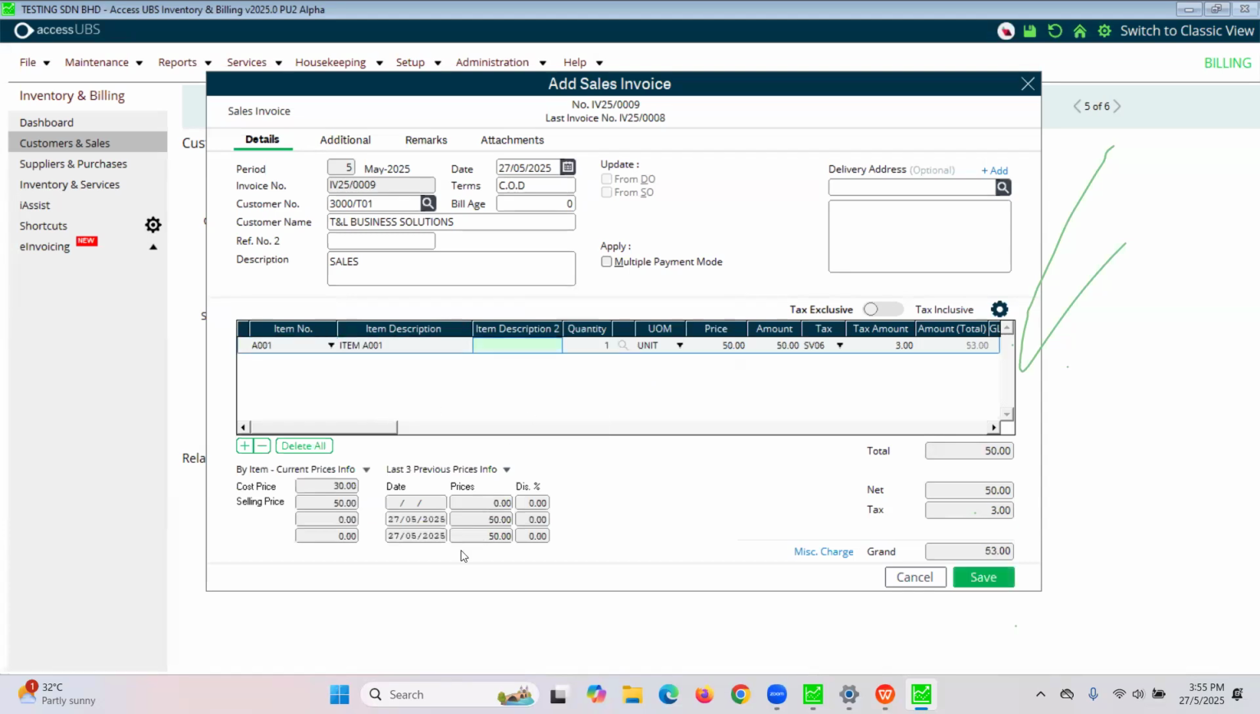Okay, so you can see the last 3 price over here. If you got discount, then they will show the discount. Okay, so next